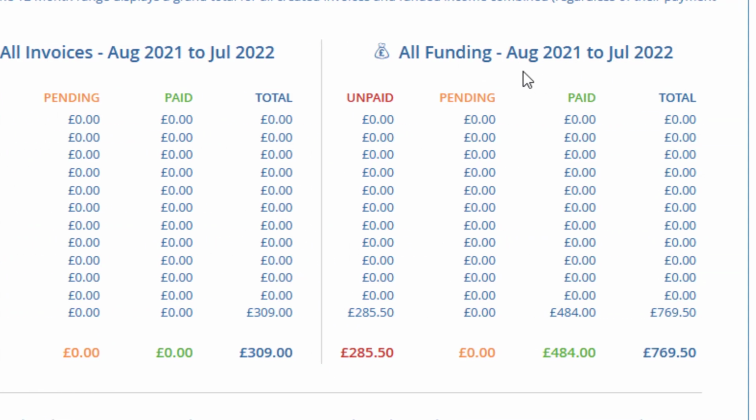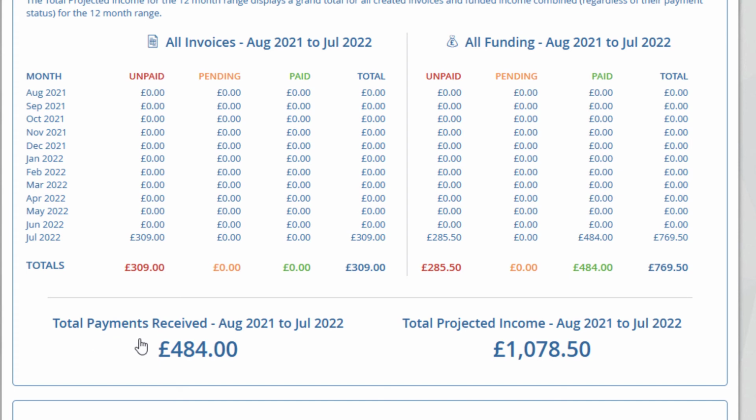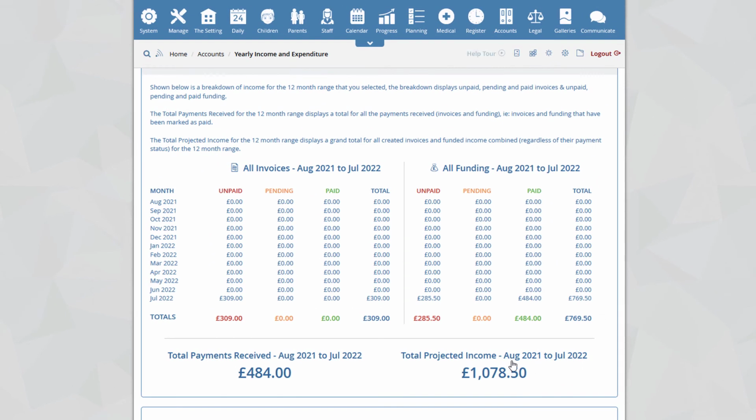For funding from August 21 to 22, we have 285 unpaid and 484 paid, giving us a grand total of 769. Here we can see beneath this we have total payments received 484 and total projected income is 1078. 1078 would be all the income you would receive for the year had everybody paid their invoices and your funding had been paid. This is calculated from the all funding total of 769.50 and the all invoice total of 309, adding up to